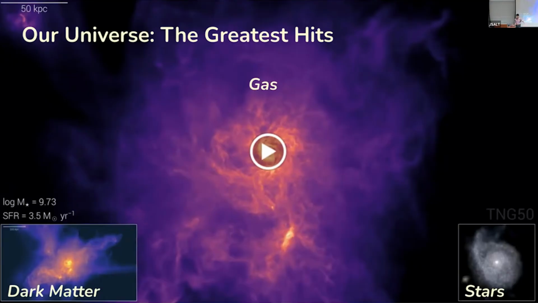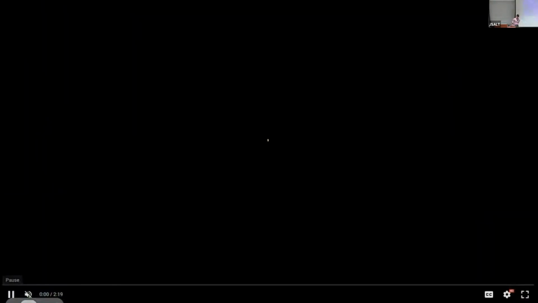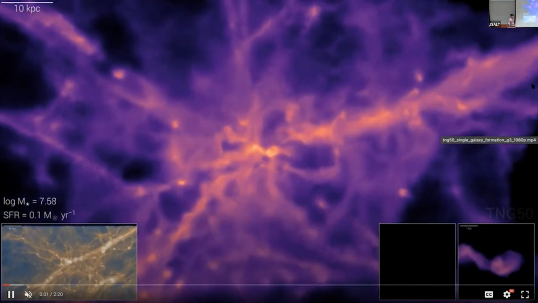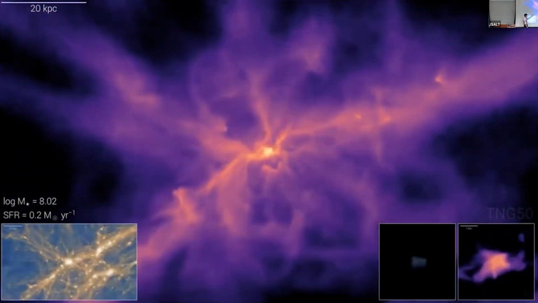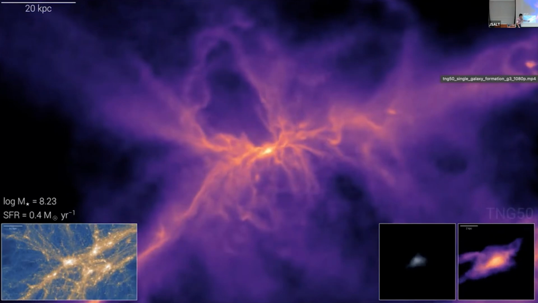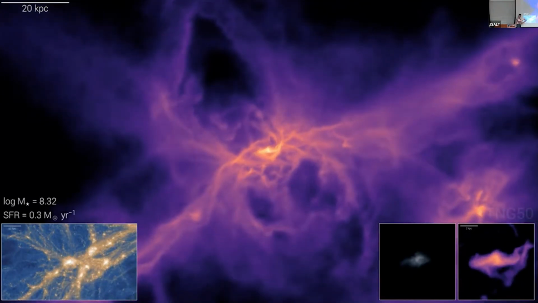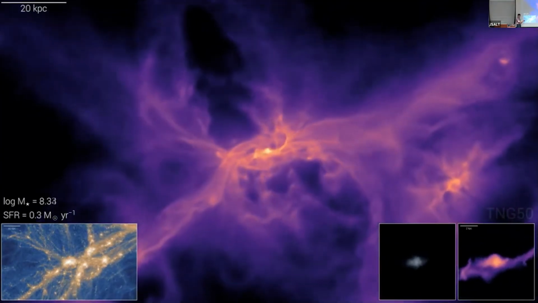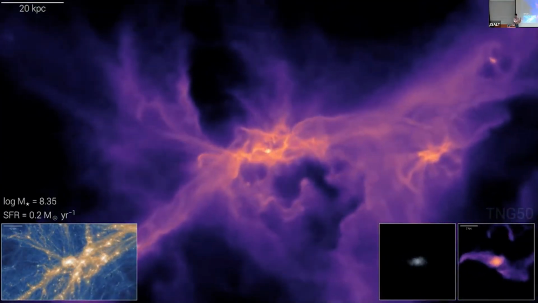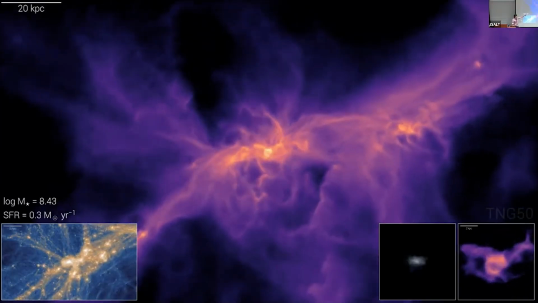Stars on the right side there is showing where gas is able to condense enough and undergo nuclear fusion, and then gives off starlight. So that's what's being shown in that panel there. Okay, so those are the three main panels, and we're going to run this movie now. At early times of the universe, this galaxy is trying to be born out of just a bunch of gas clouds. And you can see that there's actually a lot of structure on very large scales here in the dark matter, right? So what's happening is that this cosmic web is forming, kind of filamentary-like structure is forming in 3 dimensions, although it's just projected in 2. And you can see the gas is also spiraling in.